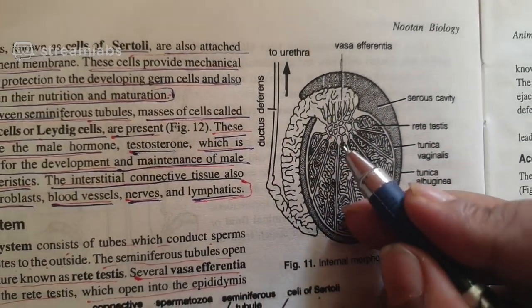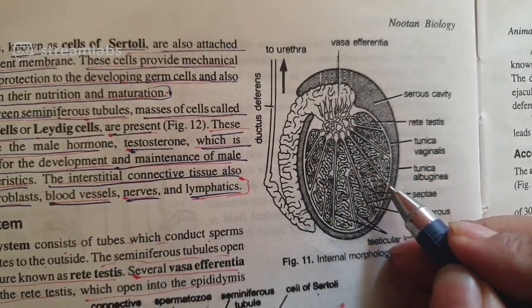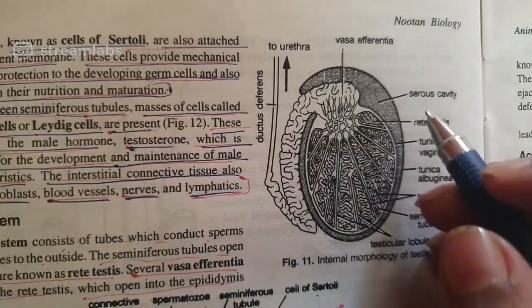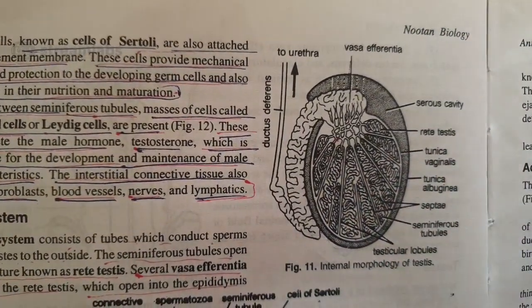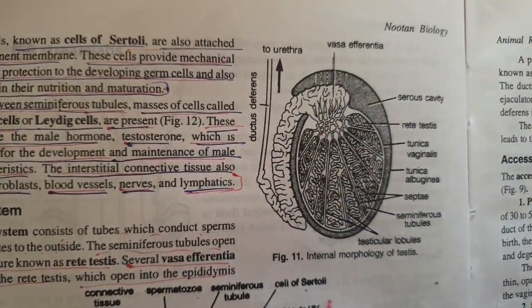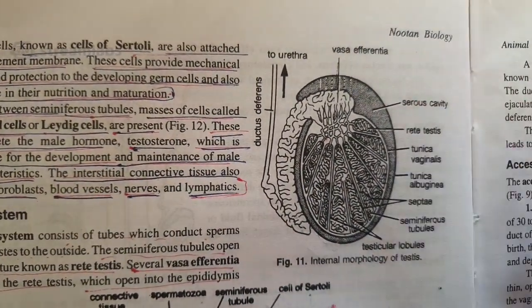The separation of one lobule from another lobule is known as the septum. Any separation in a biological structure is known as a septum. You know that. In the heart also there is a septum which separates the right auricle, right ventricle, left auricle,